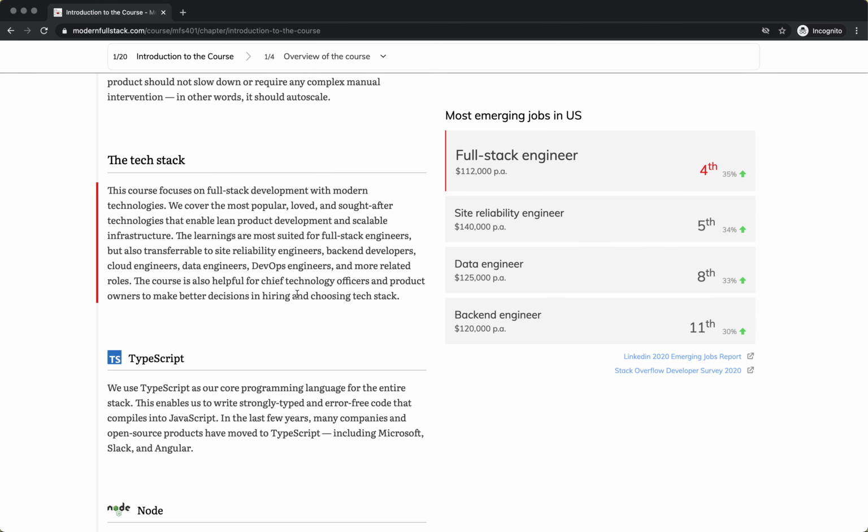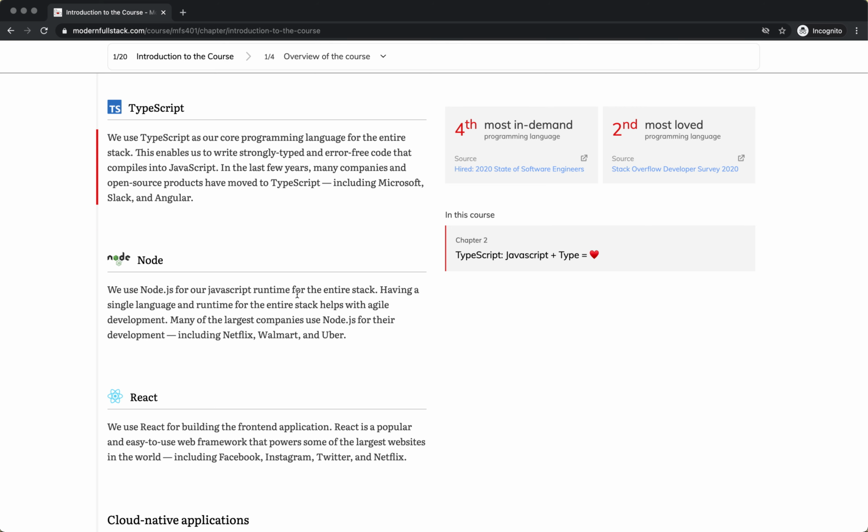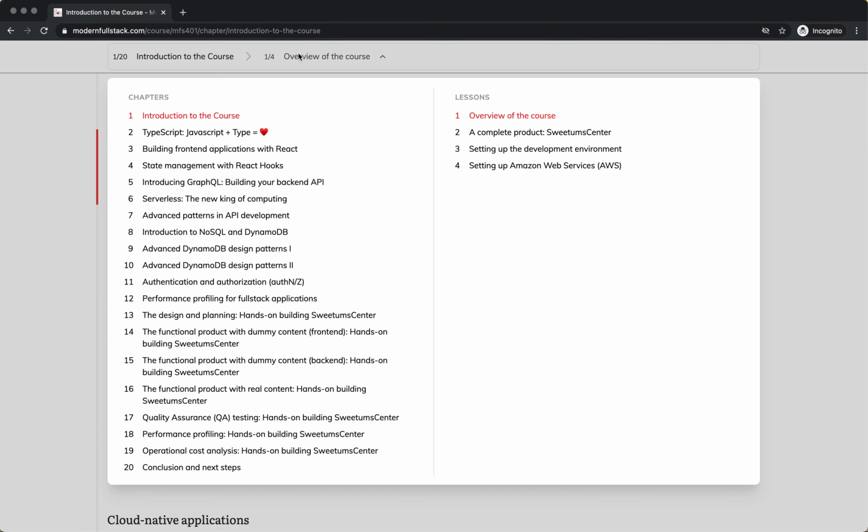The tech stacks that we discussed are also discussed in detail here: why those are popular, what the opportunities are in terms of jobs and building new projects, new companies, new products out of this. And for each of those tech stacks, we actually go through in detail. Now you can see in the top, you can go through all the chapters like this. In this particular introduction, we also set up the developer environment, we set up AWS itself, but more importantly,